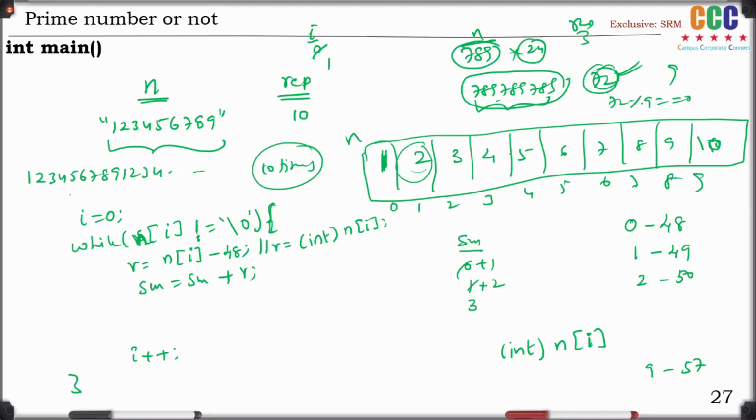Somehow I need to get all these characters, right? If you don't know how to use this, then you can use these ASCII values. In some way, I'll get all these 1, 2, 3, 4, 5 sum, just like 2 ones and so on. Therefore, my sum will be 3 plus 3, 6, 6 plus 4, 10, 10 plus 5, 15, 15 plus 6, 21, 21 plus 7, 28, 28 plus 9, 45. 45 is there. Now i value is 9 also. Is n of 9 the null character? Not equal to null fails, come out of the loop. What is sum? 45 is there.